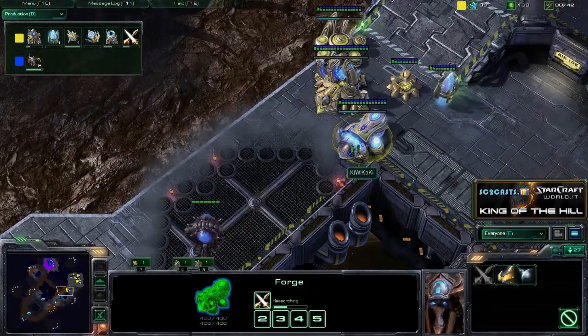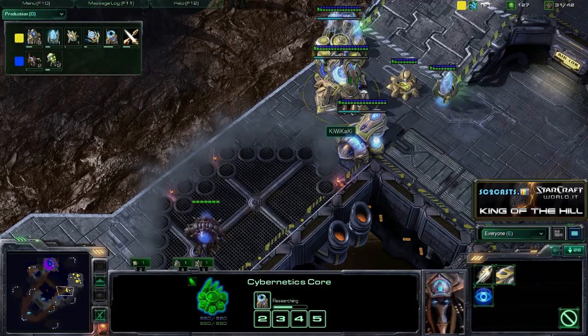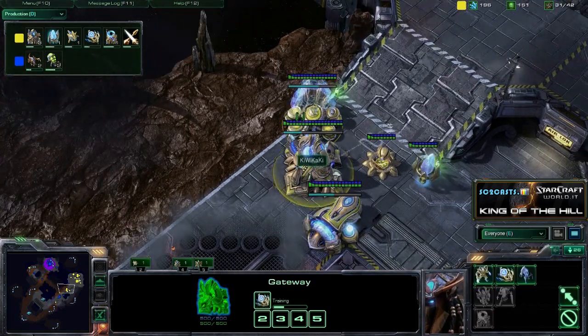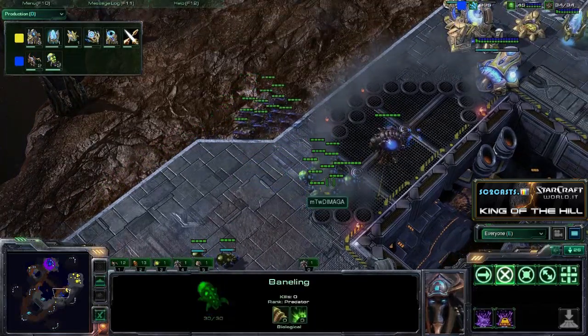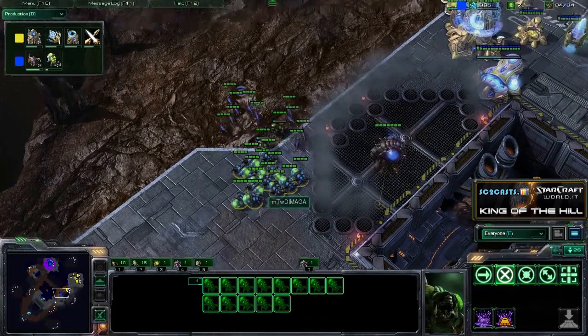They're probably just going to take out the Forge, as it is the weakest building of the three. And I'm kind of actually surprised by this, but the Cybernetics Core actually has more health and shields than the Gateway does. So I just learned something new today. But anyways, the Banelings are ready. There is 11 of them here. 2 have just finished, so